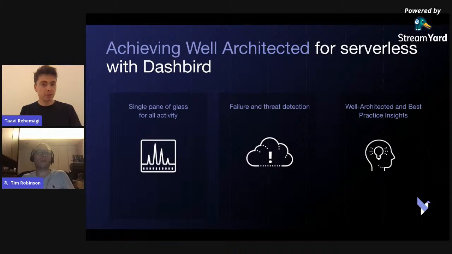The second pillar of Dashbird is the automatic detection of any kind of problem that you might be having. What that means is if you have something in your logs that would indicate a failure of some sort, or if you have a metric data point across any of your managed services that is indicating a higher delay or a failure somewhere, then that would be surfaced and notified automatically. So you don't need to manage that, but you also don't need to develop the domain experience around different services and know how to monitor them. We tell you what you should be focused on.